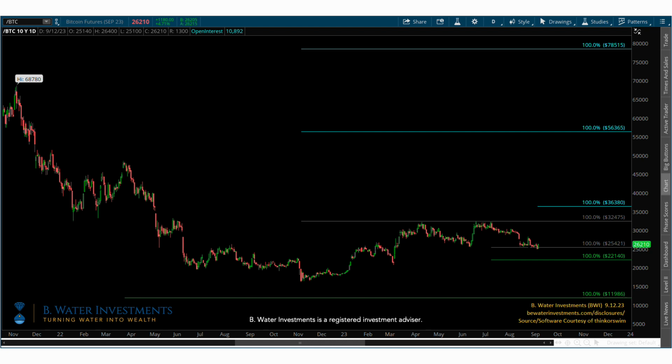And based on the way Be Water Investments measures symmetry, it seems more likely because that 11,986 target was never hit when Bitcoin hit roughly 16,000 on the downside. And in November, bottom line is the reversal before the 11,900 mark happened. And now we're saying, okay, because a long-term bottom was basically achieved, now we should be measuring up. So if we don't get below 25,100, Bitcoin actually looks like one of the most impressive upside potentials with pure technical analysis backing it. It won't matter what Goldman Sachs is doing.